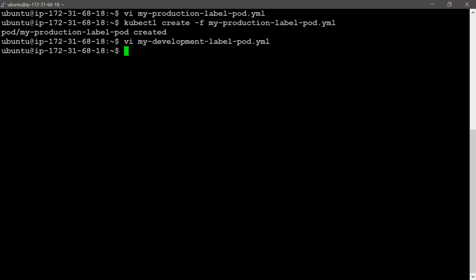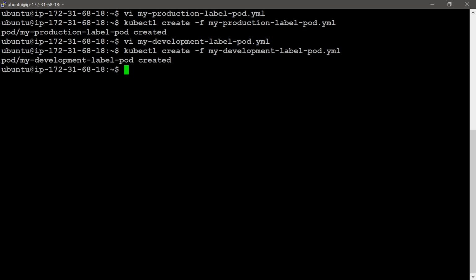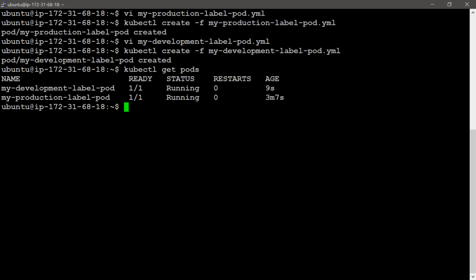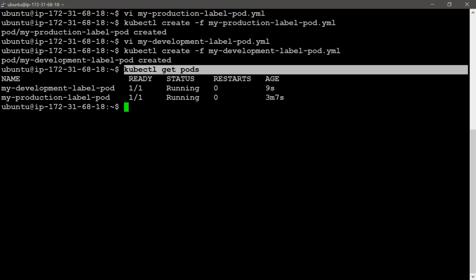Then I will create this pod with kubectl create -f and the YAML file name I will provide here. I have two pods here. We can list these pods with kubectl get pods or po. My two pods are running, one by one. Two pods are running, and the status is also running. We need to check these two columns every time we use the kubectl get pods command.